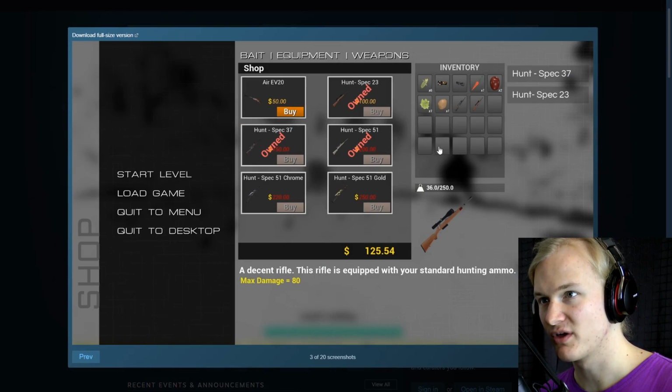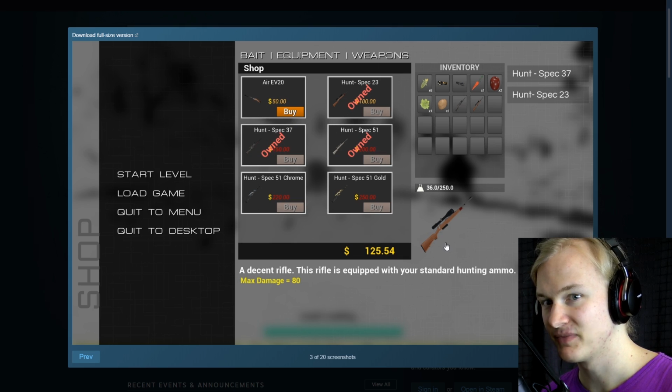What I would do with your next game, firstly, go for a way smaller game. Don't make something with an inventory and thousands of upgrades and rifles you can buy. As a solo developer, you have to keep it small, you have to keep it simple, because that allows you to put a lot more effort into the quality and into the look of the game.